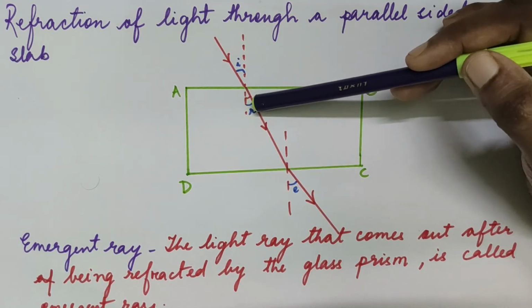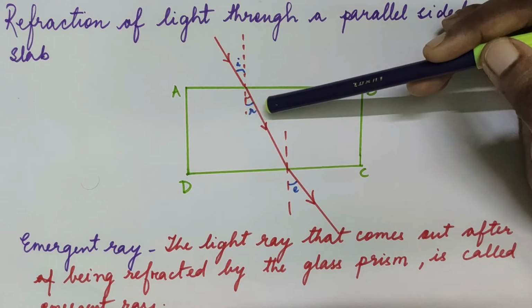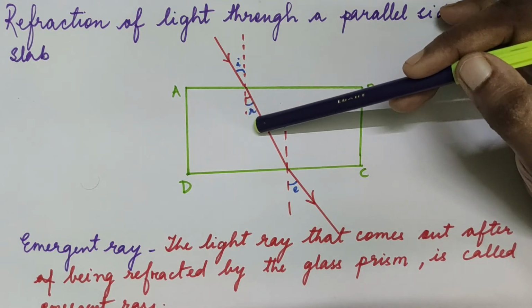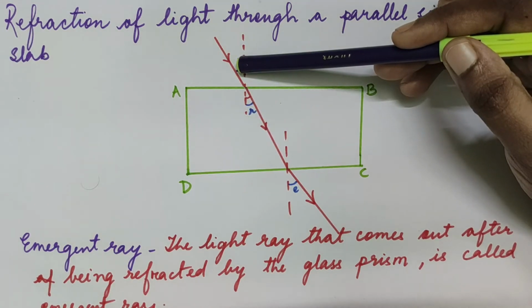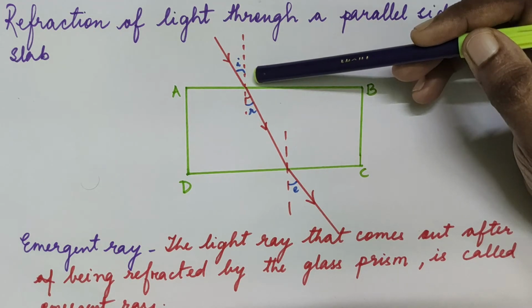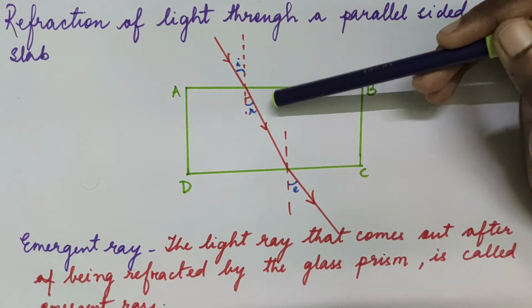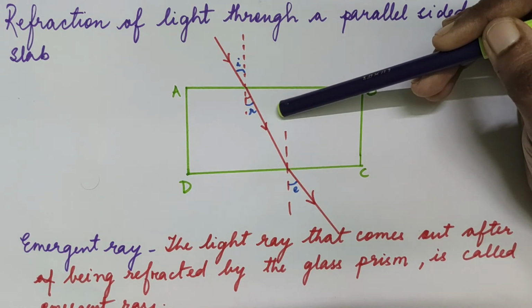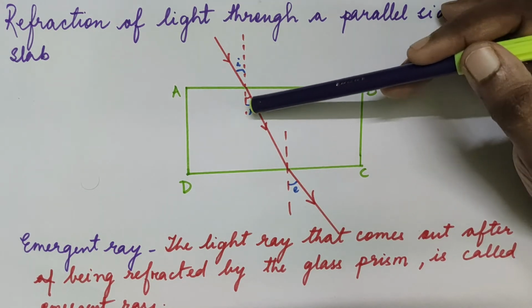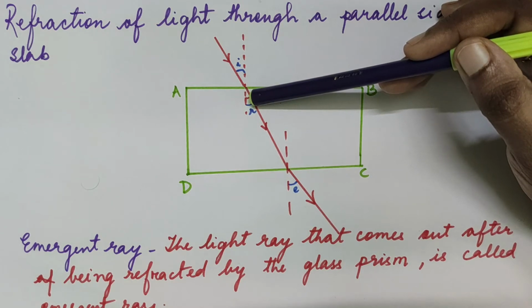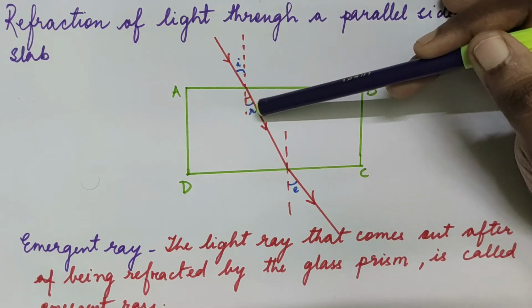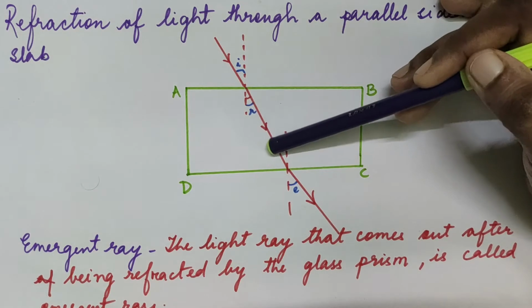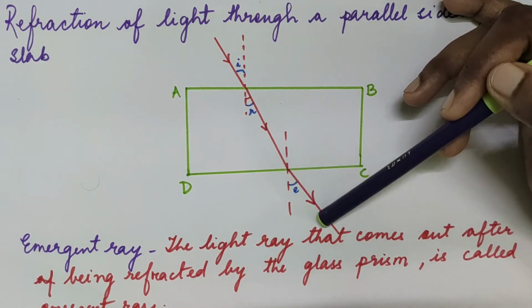So here the value of r, that is the angle of refraction, is obviously going to be lesser than the angle of incidence because it's coming from air and going into a denser medium. So air is a rarer medium and the slab is a denser medium. So the refracted ray moves closer to the normal, and as it passes and comes out from the other side,